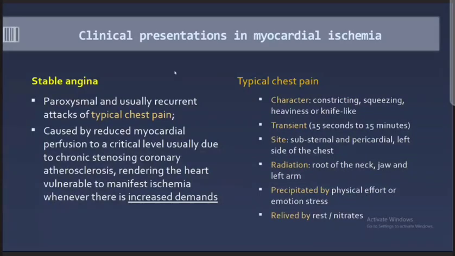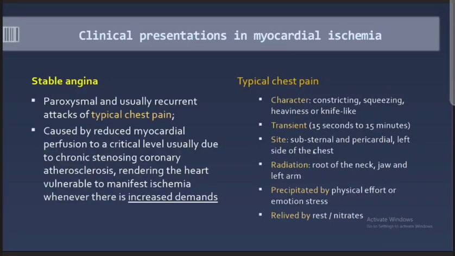The clinical presentation of myocardial ischemia is stable angina. This is number one and the most famous and important one. It's characterized by paroxysmal and usually recurrent attacks of typical chest pain. The typical chest pain is described here. The character is constricting, squeezing, or heaviness, or knife-like. It's usually transient, 15 seconds to 15 minutes, usually substernal,